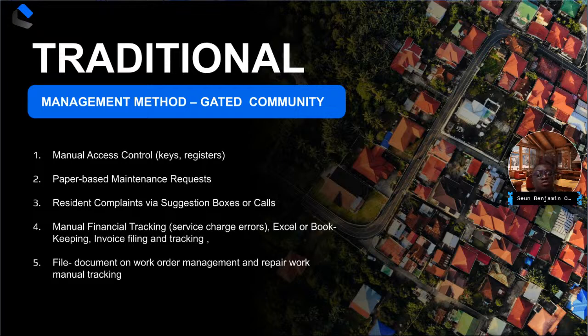If you are not good enough, even using basic things like that can lead to errors. And they say, I've paid so much. Oh, we have not updated our records. Those things can lead to quite a number of